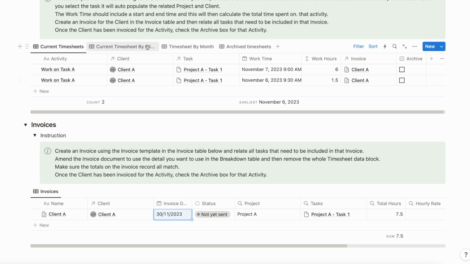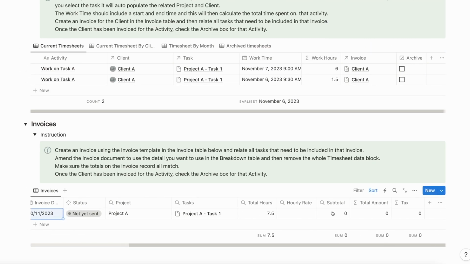You don't need to put that level of detail. All it needs to work out the information that goes onto the invoice is the work hours. And then it's up to you how much information you actually create in your timesheet. So because we've linked in those two work hours, it's a total of 7.5,